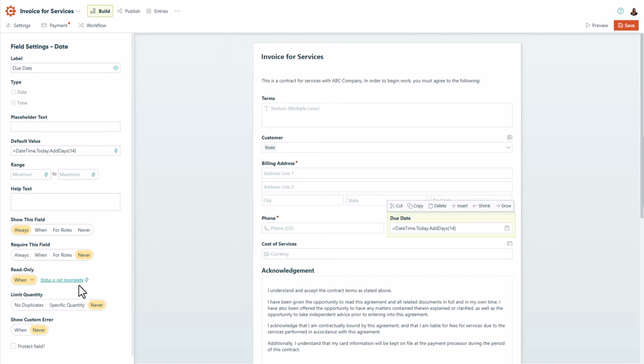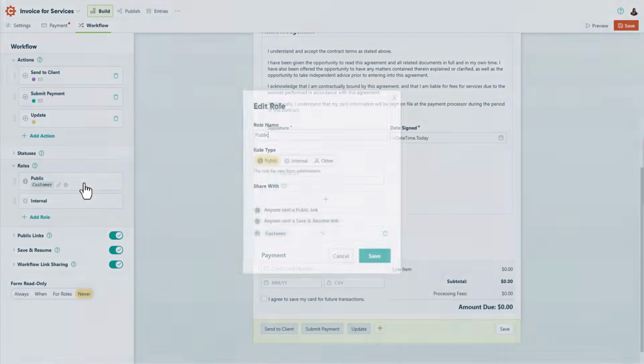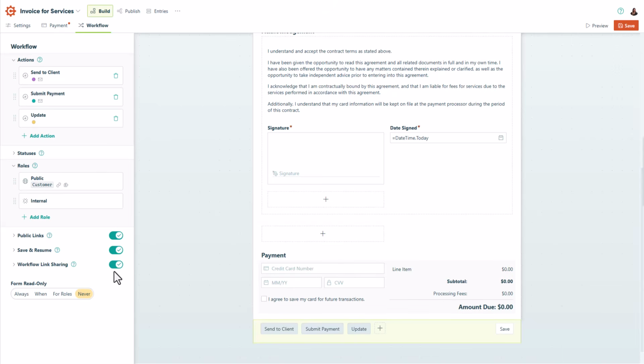To save myself some work down the line, I'm actually going to add a calculation here that sets the due date 2 weeks after I send my customer their invoice. Then I'll go to the Workflow tab to assign the public role. Regardless of whether you used an email field or a person field, you'll choose that field from the Share With dropdown. That's really all you need to do on the build page, but before moving on, I want to highlight